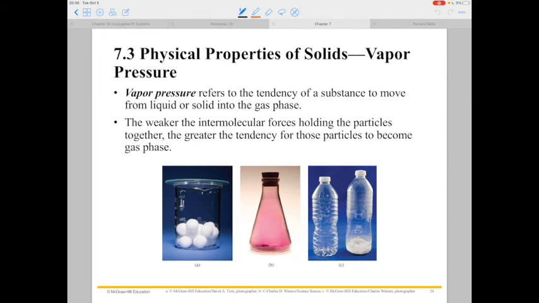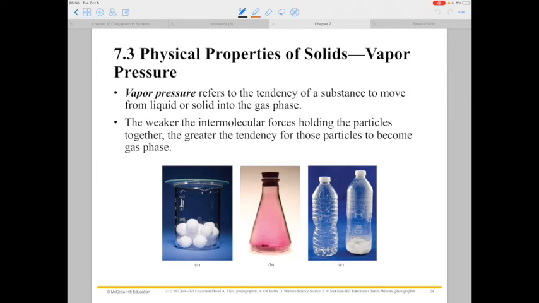Another physical property, and this is actually of both solids and liquids, is this idea of vapor pressure. Vapor pressure is the tendency of a substance to move from either the liquid or solid into the gas phase. Things that have really pungent smells tend to have high vapor pressures. Think of nail polish remover, paint thinner, or even rubbing alcohol. When you open the bottle and you're immediately hit, those are compounds that have high